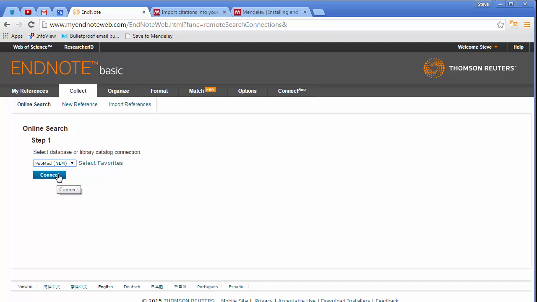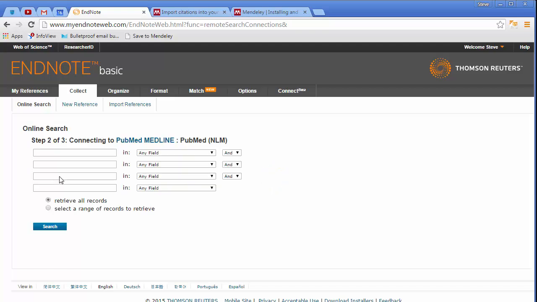So if I hit connect now, having selected PubMed, and NLM is the National Library of Medicine in case you're wondering. If I hit connect, what it's done now is MyEndNoteWeb has now connected magically through the interwebs to PubMed. So now I can search for something within PubMed. Okay, so I can put in